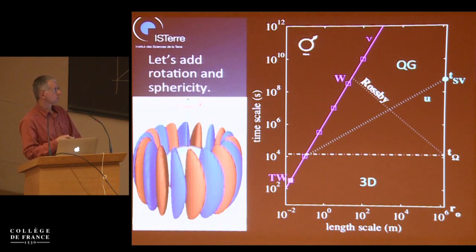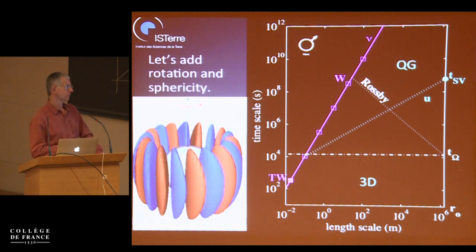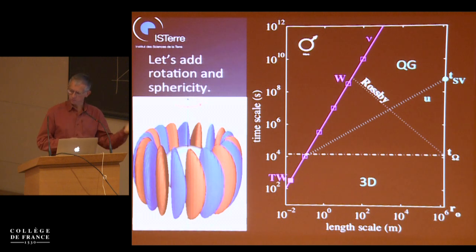There is another line which is drawn here, which I think is interesting. At some given time scale and length scale, let's take here, well, 10 kilometers. If you start with some eddy of 10 kilometer size, which is not a column, it takes quite a while to elongate it to make a column because of rotation. And people have looked at that. In particular, Peter Davidson has shown that the time it takes for a column to increase is, well, the velocity is proportional to 1 over omega, the rotation scale, times L, the length scale.